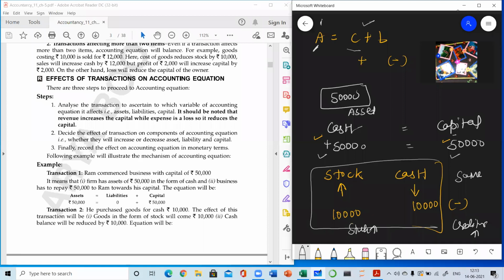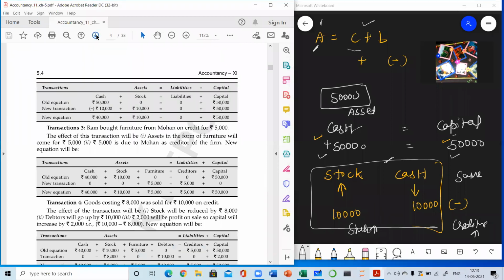The transaction is the same, but in the previous transaction, we purchased goods in cash. So there was only one sided effect, only the cash and the stock. But in the next transaction, we have purchased the same goods in credit. So we will have both sided effect. Both sided effect means one effect will be on the asset side, left hand side, and the other effect will be on the liability side. Here we are not doing numericals, so don't write it in numerical form. Here we are just discussing the transactions, and in the next class I will be introducing the numerical.